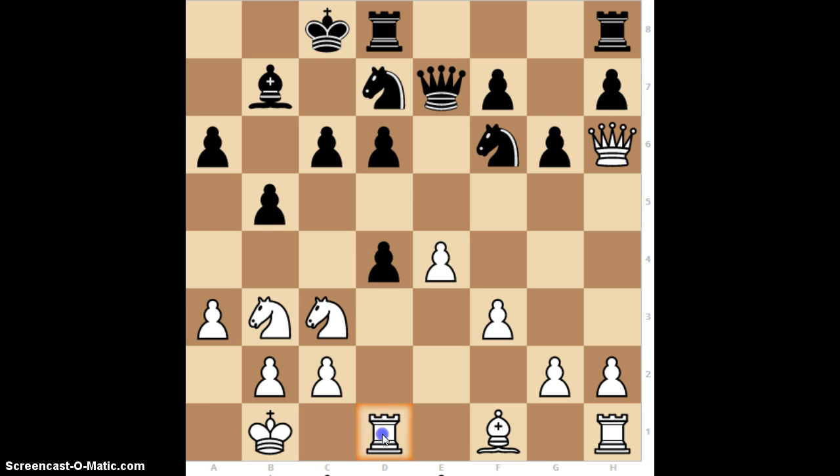Kasparov decided to counter by taking the pawn with his rook. And then Topalov decided to push his pawn down, limiting the amount of squares that Kasparov's knight can go to, and also attacking the rook at the same time. Kasparov decided to just simply move his rook down, and then Topalov decided to move his knight to b6,